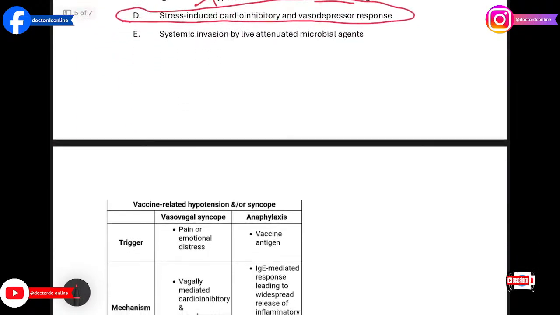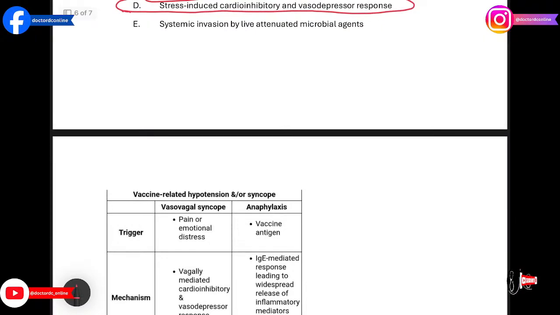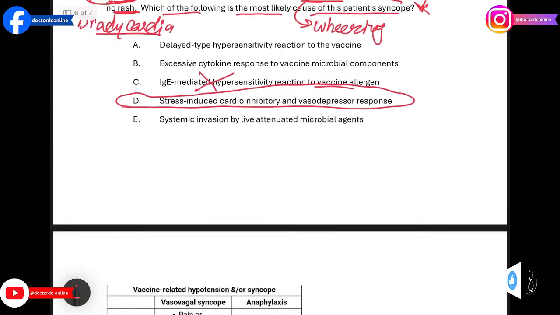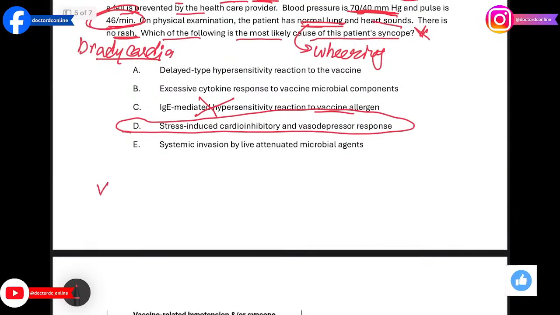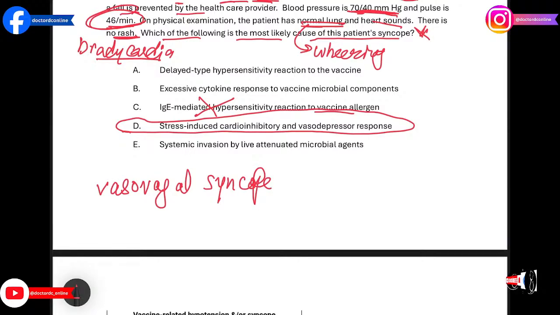How? Let me elaborate. Actually, this patient most likely experienced vasovagal syncope, which involves pain-induced or emotional distress that induces a cardioinhibitory and vasodepressor response. When the vaccine starts administration, the